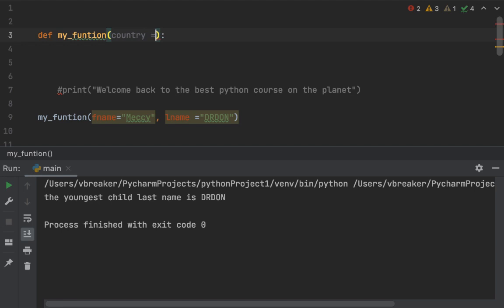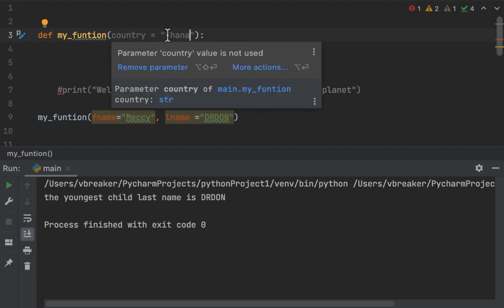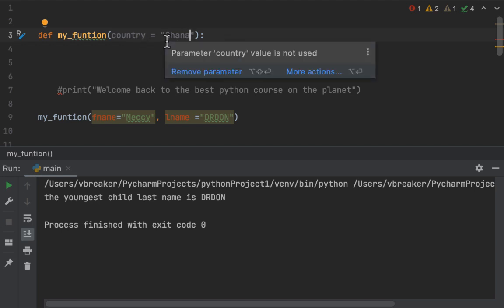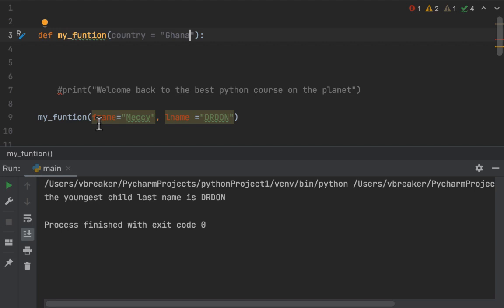Then I assign the country, you can say Ghana, a country. Perfect. Now I define my function and I set a parameter. This is what we call a default parameter, which means it cannot be changed. Okay. So after this, when you call the function,